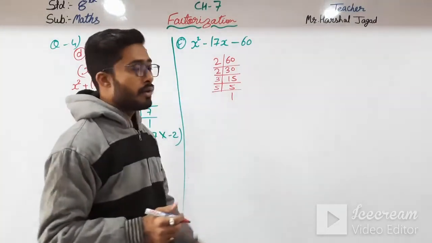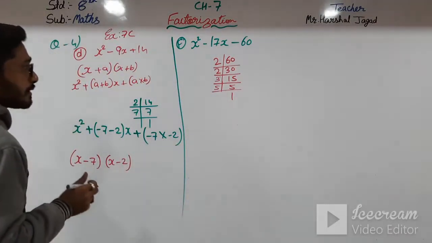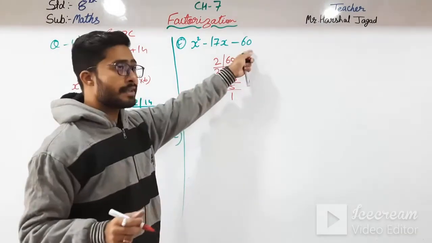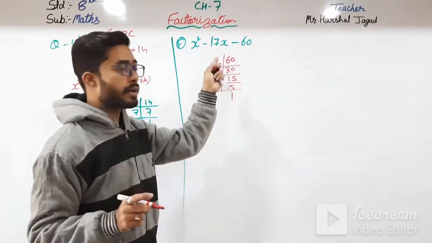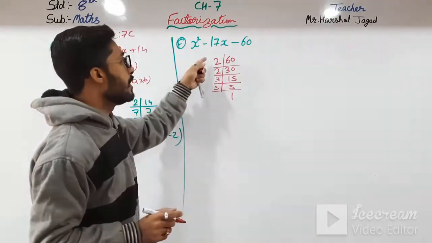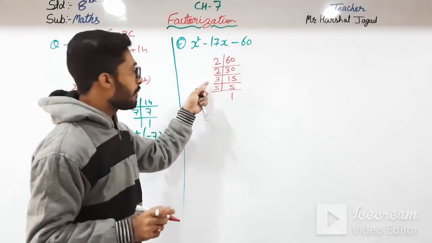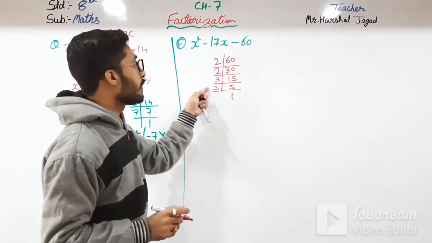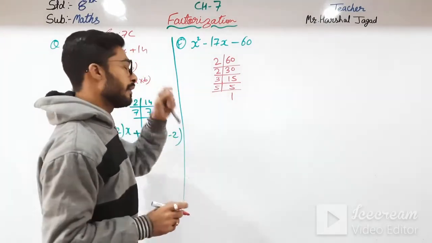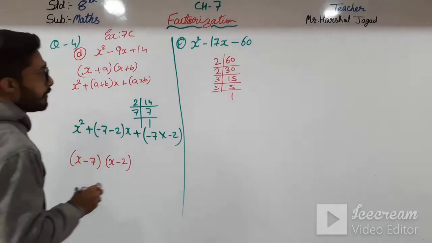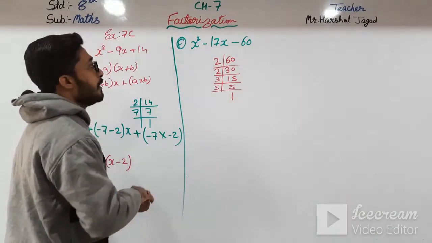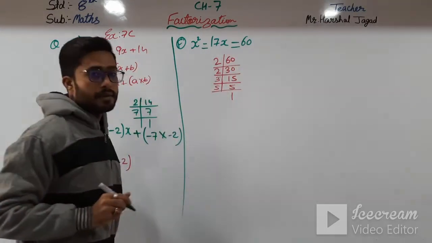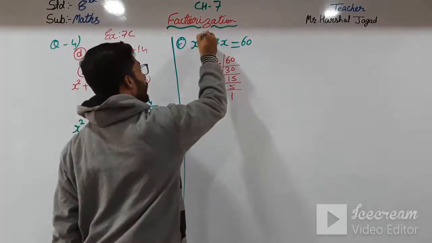Now we have to do it so that the product will be 60 and the addition or subtraction will be 17. Then I can say 12 plus 5, that is 17. But there is a mistake. You see here, there is minus and here is also minus. Then what do we have to do? You can see the minus sign on both.